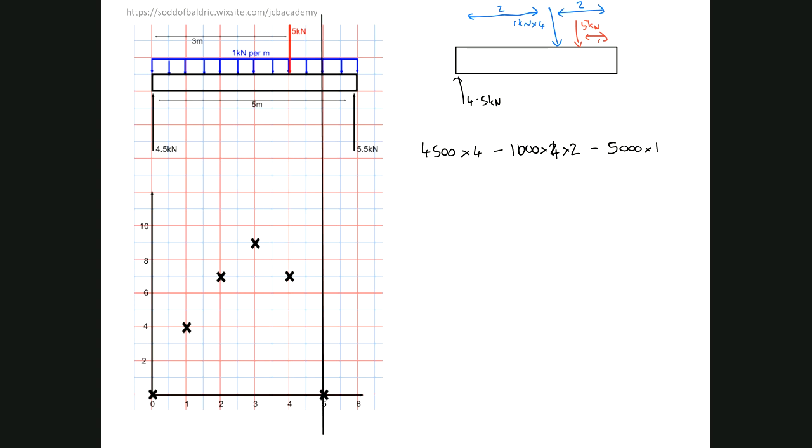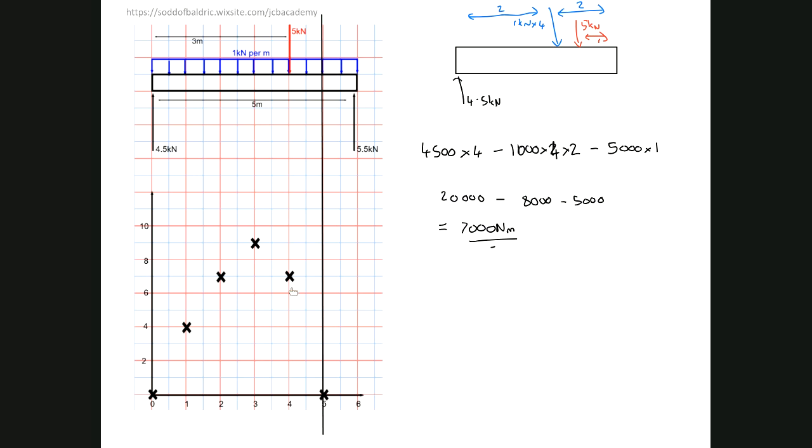So 4,500 times 4 is equal to 20,000 minus 8,000 minus 5,000. And so that gives us a bending moment of 7,000 Newton meters at 4, which is